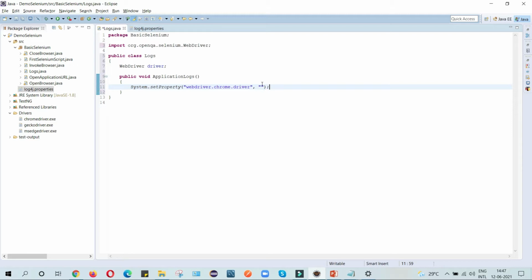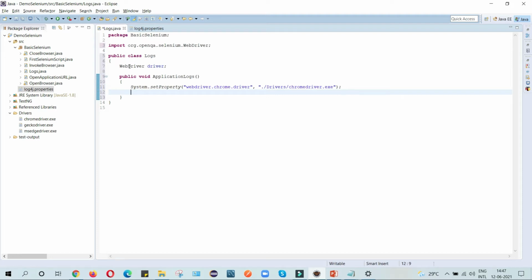The path of my Chrome driver is inside the drivers folder. So I will write dot slash drivers slash chromedriver.exe. Now my next step is to initialize the WebDriver.